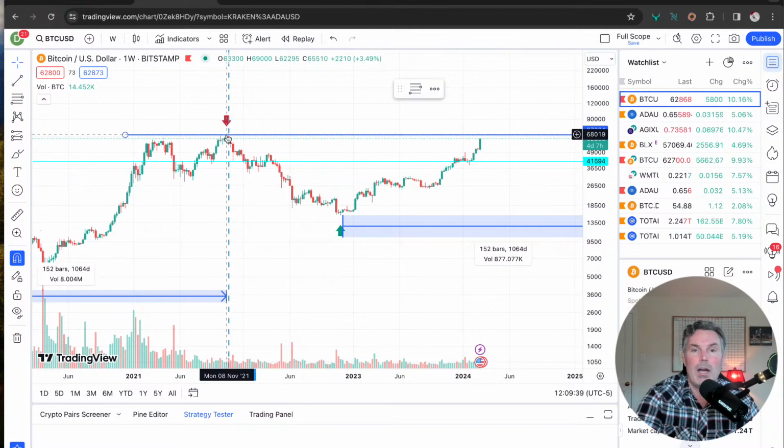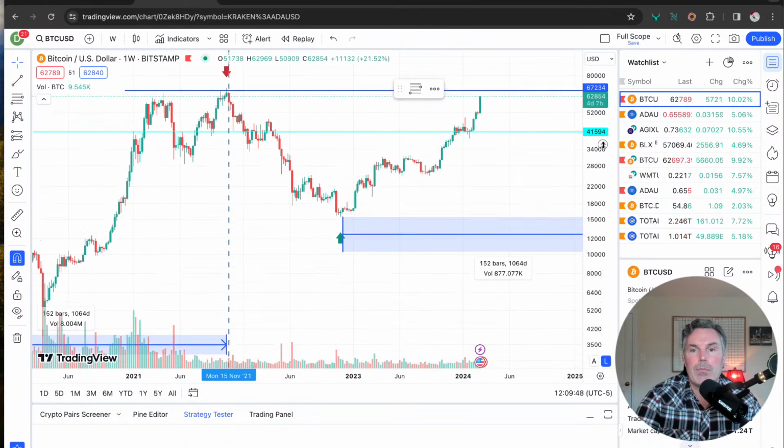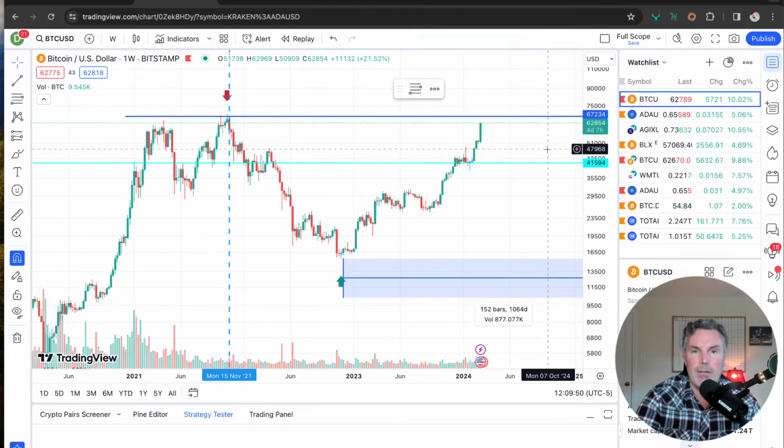That's the all-time high it hit last bull run. Now, why am I excited about that as it relates to Cardano? Well, because the altcoins always have this lag. So Bitcoin is the first mover. It's the one that's rising. It's the one that's paving and leading the way first.